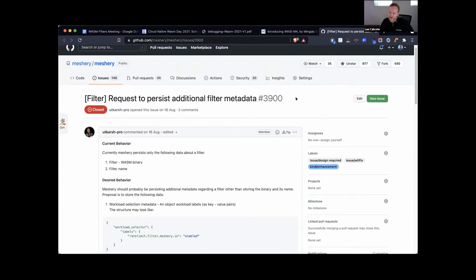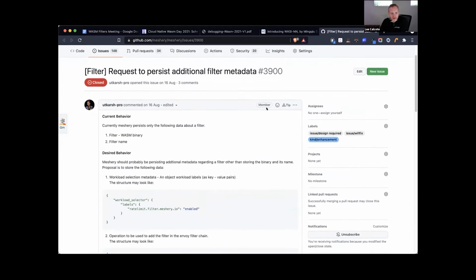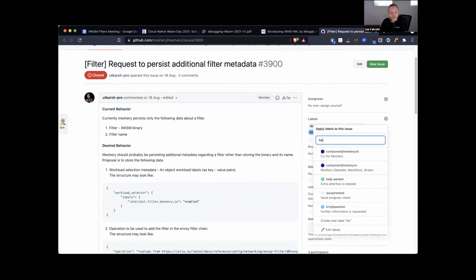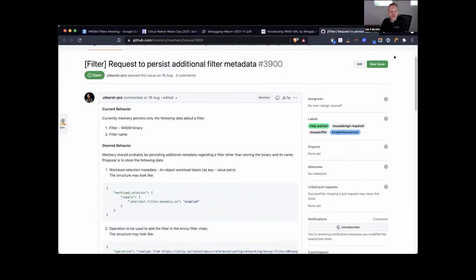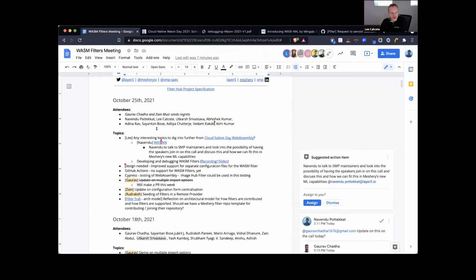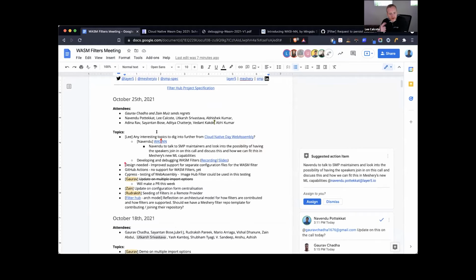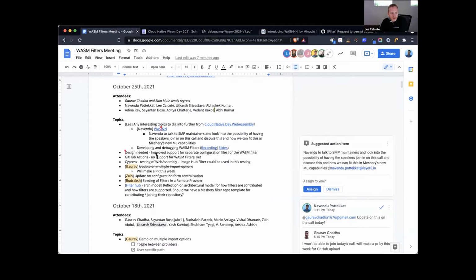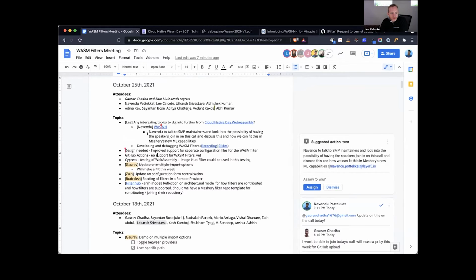If not, we'll just tag this with will fix, which Debugging already did, which will get the stale bot off of its back. Okay, if there's no immediate takers, good. Let's move on. Utkarsh, if no one reaches out to you about it today, then we'll just have to talk about how to get it queued up. Nice, okay.